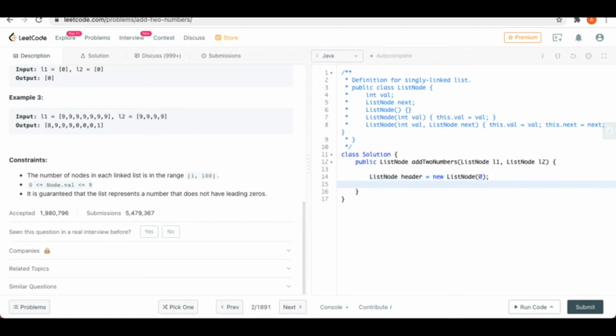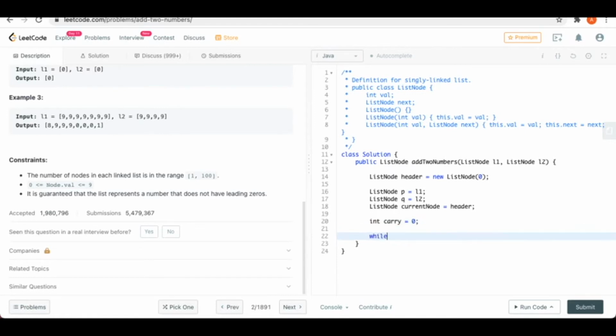And I will also have to create pointers. Let's call this pointer p, which is going to point to linked list 1, and another pointer q to linked list 2. So linked list 1 and linked list 2 are coming from the parameters. And I also have a current node because I will need to iterate. This is going to be equal to the header for now, and I am going to change it as and when it is needed. Then I also need a carry which will be used. I am utilizing it for now. We'll see if there is a requirement for changing the data type here.